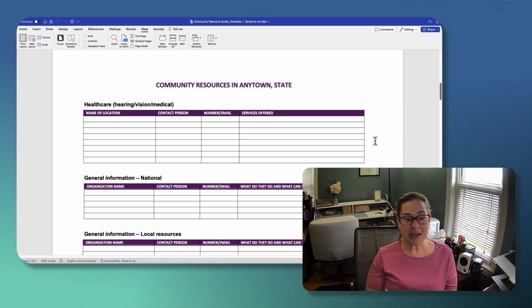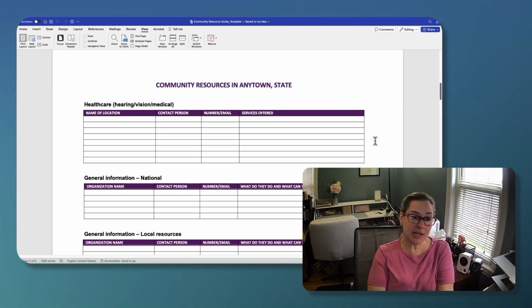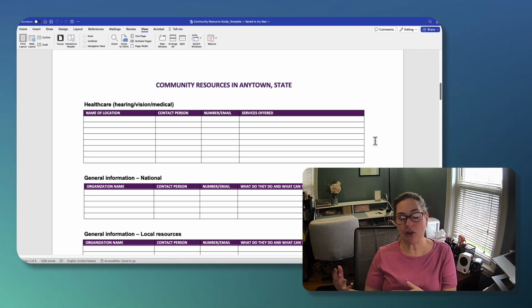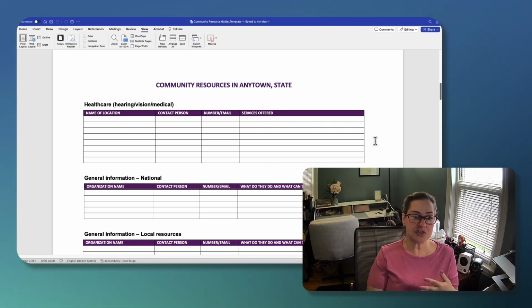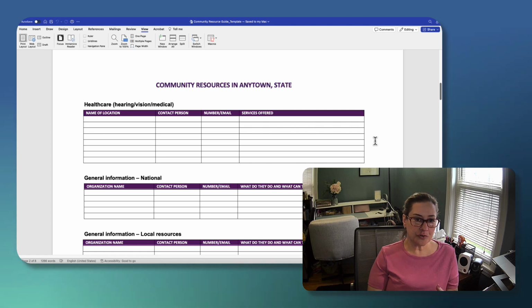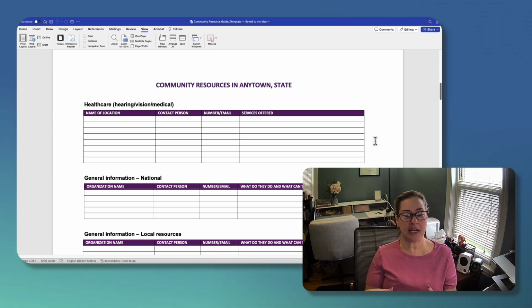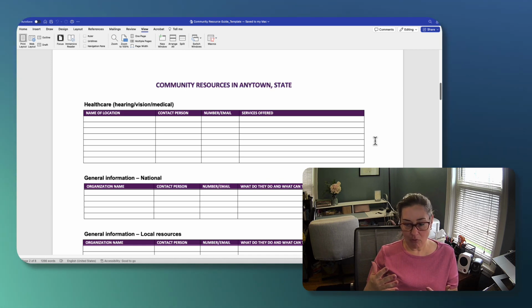And they may need assessment, they might need something diagnostic, they might need more testing, they might need other medical care because it's a newer diagnosis. The client may not fully understand what's going on, and you can give some advocacy and some help, but you don't replace a vision specialist or an audiologist. So if they need those services, you want to be able to connect them to the people that can make sure that they have the information and the care that they need so that they are all set in that regard.